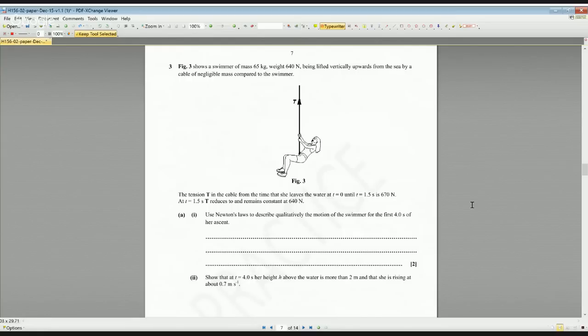It tells us that for the first 1.5 seconds, the tension in the cable is 670 newtons. And from 1.5 seconds onwards, the tension reduces to 640 newtons and stays constant. So we need to use Newton's laws to describe qualitatively the motion of the swimmer for the first 4 seconds of her ascent. So from t is 0 to t is 1.5,